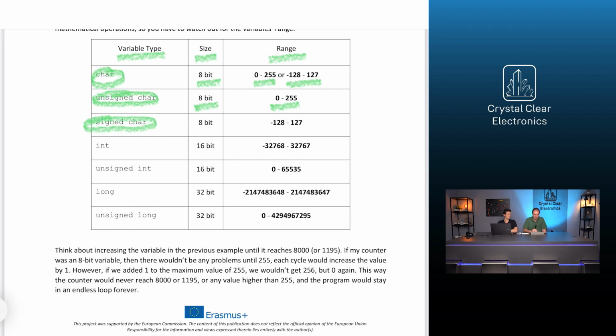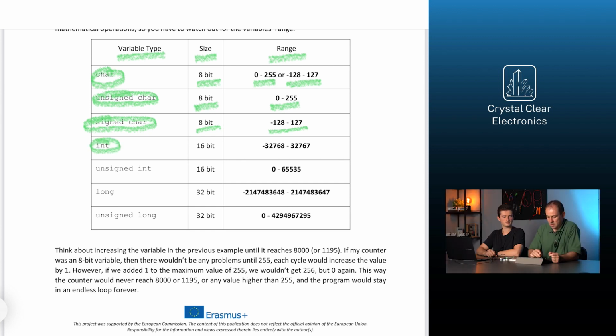The signed char is 8 bits long and can take values from minus 128 to 127. The integer, int, is 16 bits and can take values from minus 32,768 to 32,767. The unsigned int is 16 bits and can take values from 0 to